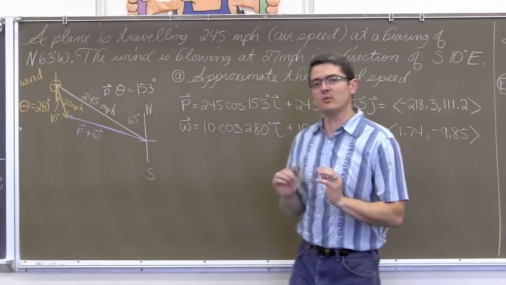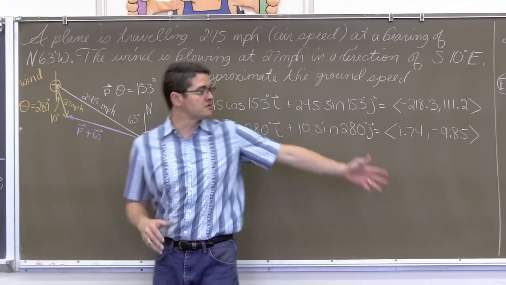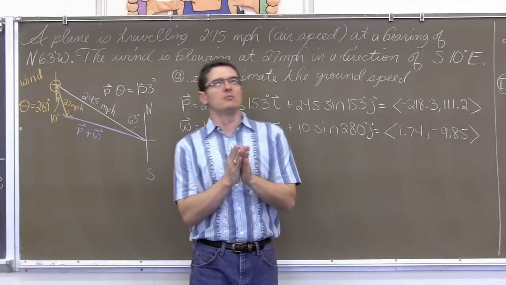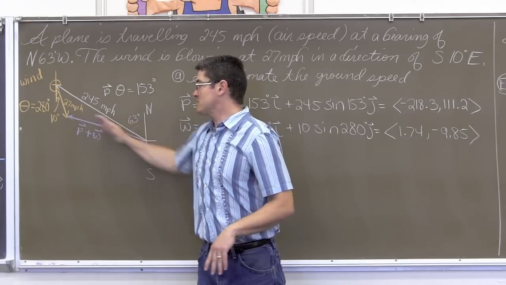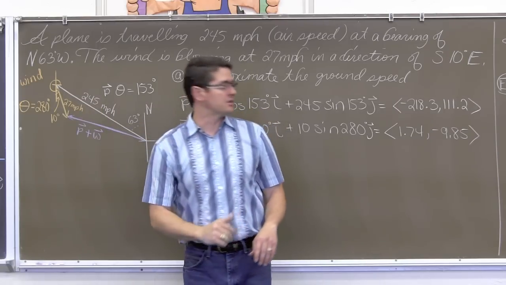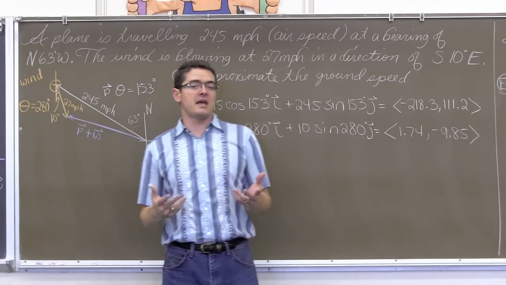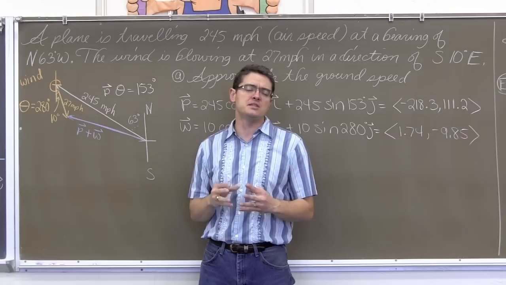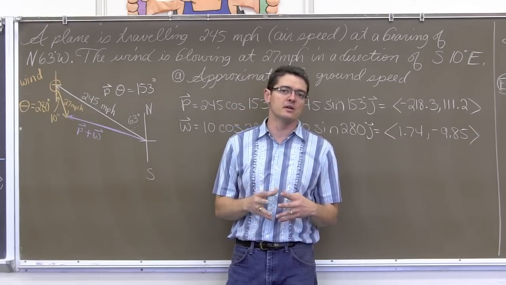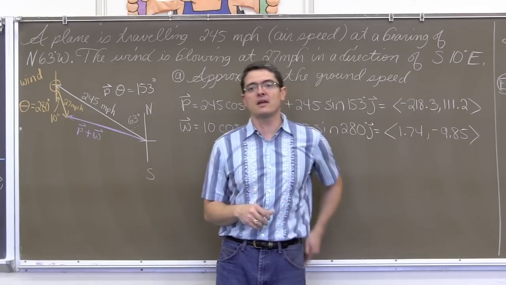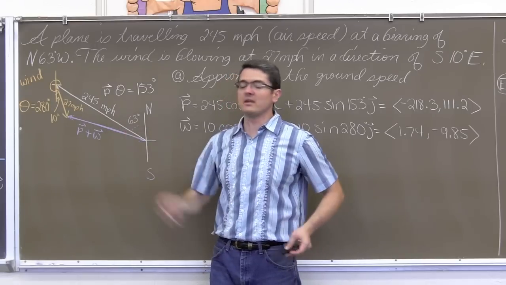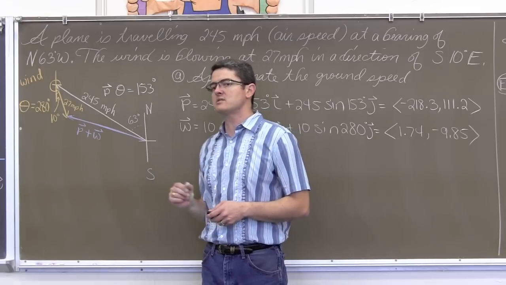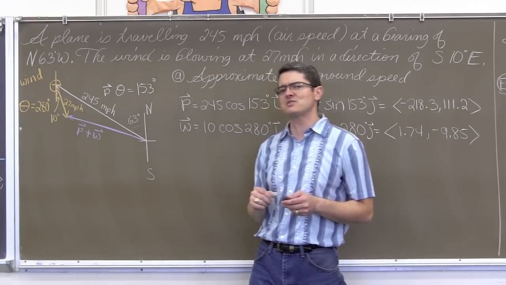Well, now that you have the horizontal and vertical components of each vector, it should be pretty straightforward to find the resultant, because we're just going to add those values of a and b together. And then for theta, again, one more time, this is drawn and you can see that it looks like it's in quadrant 2. Hopefully the resultant has a negative a and positive b to verify that it's in quadrant 2. So when you use the tangent function to find out what the angle measure is, make sure you don't just take that number out of the calculator, that you convert it into something that reflects the fact that your vector is in quadrant 2 and not in quadrant, what other quadrant is tangent negative in?